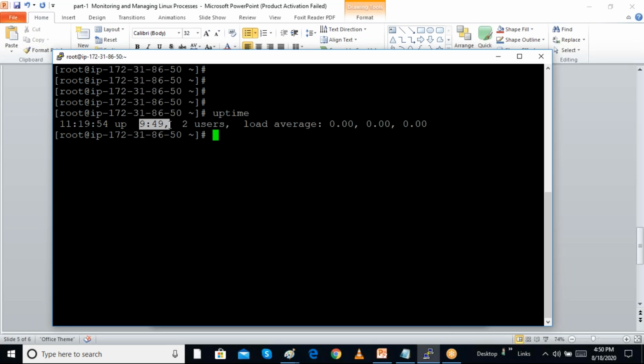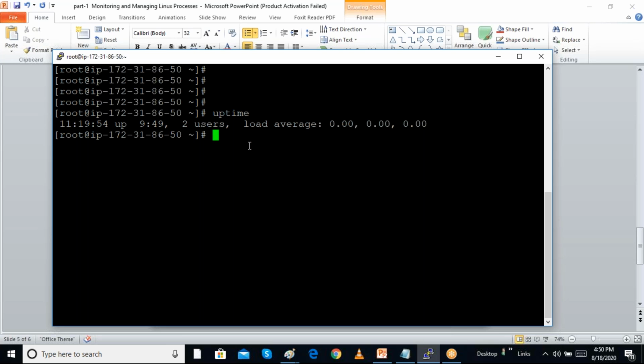Uptime shows the current time and how many user sessions there are. It also shows the load average for the last 1 minute, 5 minutes and 15 minutes. It collects the average over these three timings. If it is showing above 1, the system is overloaded. Sometimes it may show 2, 4 or something higher.